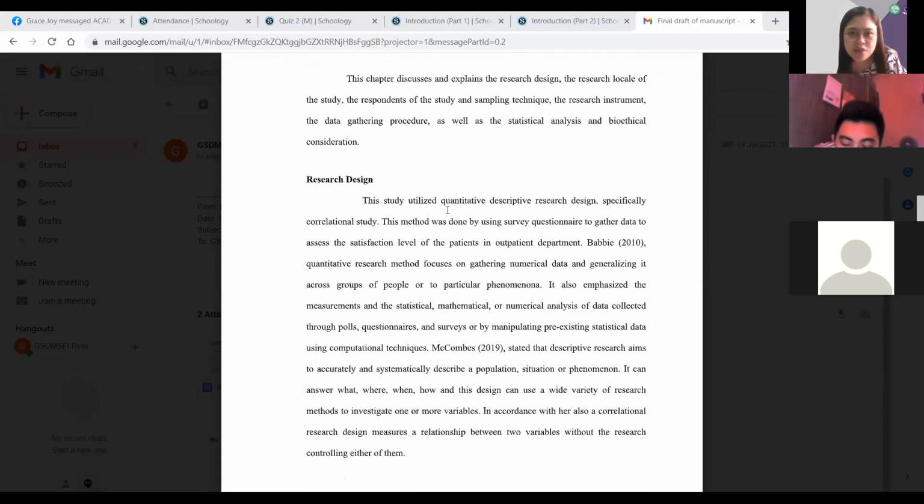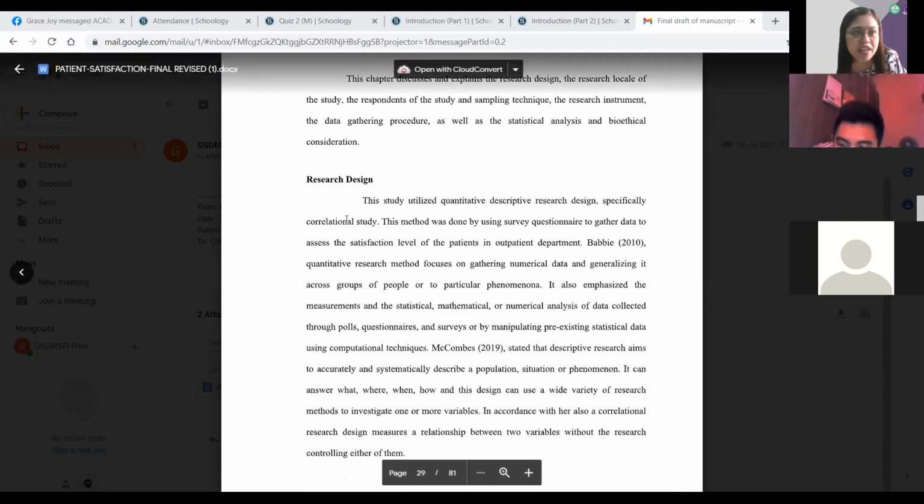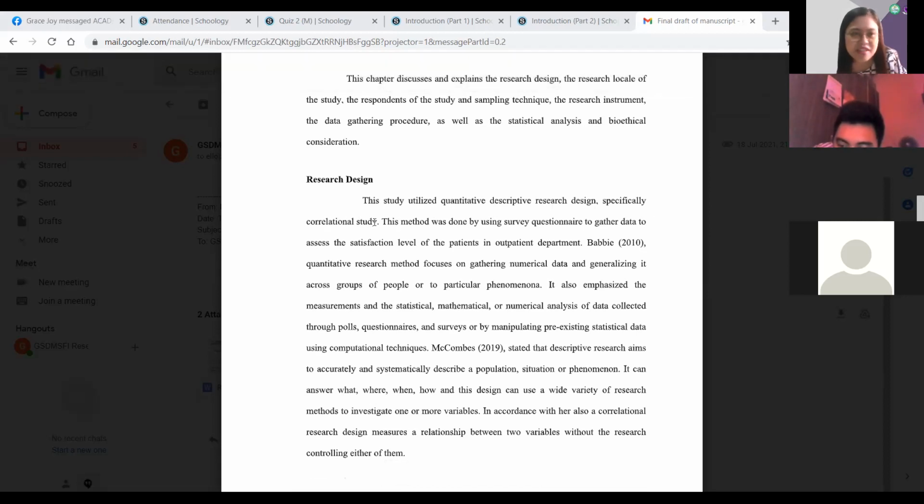This study utilized quantitative, descriptive research design, specifically correlational study. So this one is a correct research design. Plus in your proposal defense, kasali to siya sa pag-grade sa inyo. Kasali siya sa pag-grade, ha. Tinitingnan kasi doon sa criteria, tinitingnan if you have correctly identified your research design. So kung titingnan natin, yes, they have correctly identified their research design na this is quantitative, descriptive, and specifically a